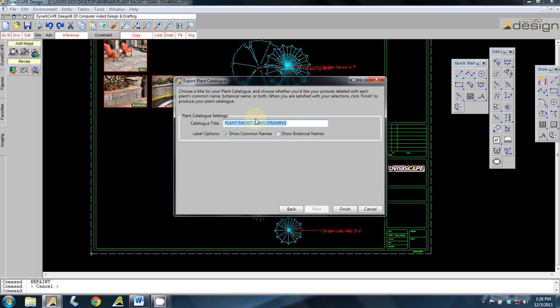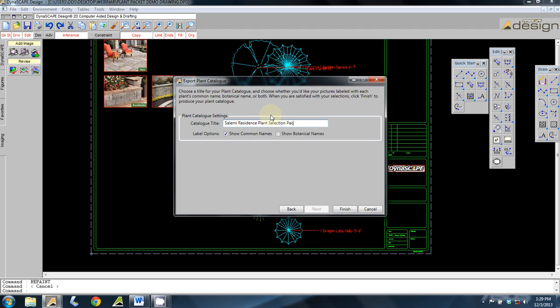So you're going to name this plant catalog or plant packet. Again, repetition is the key to productivity with obviously anything, but the more you can do the same things over and over again when you're drawing, the better. And I'm not meaning the same type of design, but I mean the same methodology. So for every one of mine, let's say we're going to do some work for Joe Salimi, we will put Salimi Residence Plant